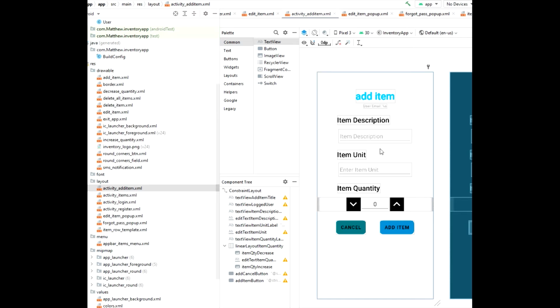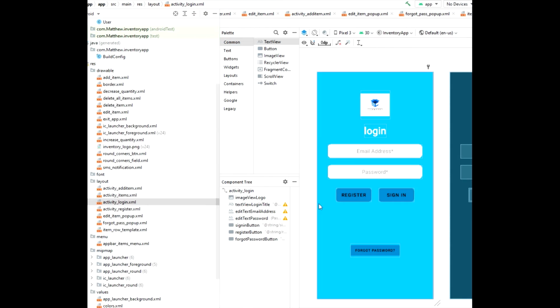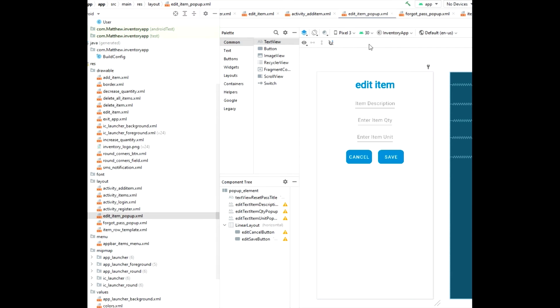Overall, though, I like the layout. The layout's good. I just want to change the coloring to match what we saw for the login screen, which is here, where it's blue and white, just like that. So I'd change everything so it looks more like this. Here's another screen. Again, it's white. I would do the same thing with the layout. This is to edit your current items, where you have the description, the quantity, and the item unit, and then